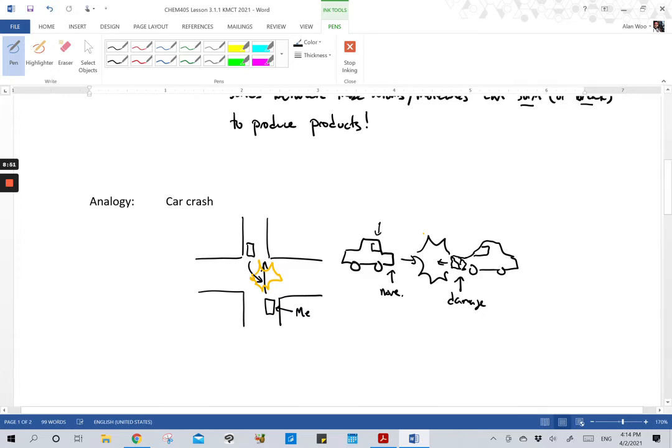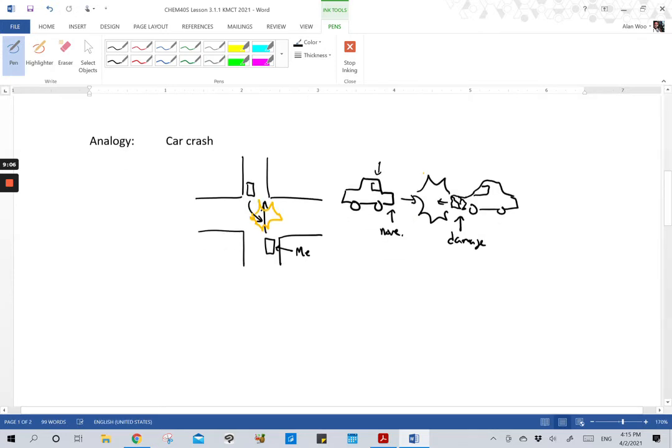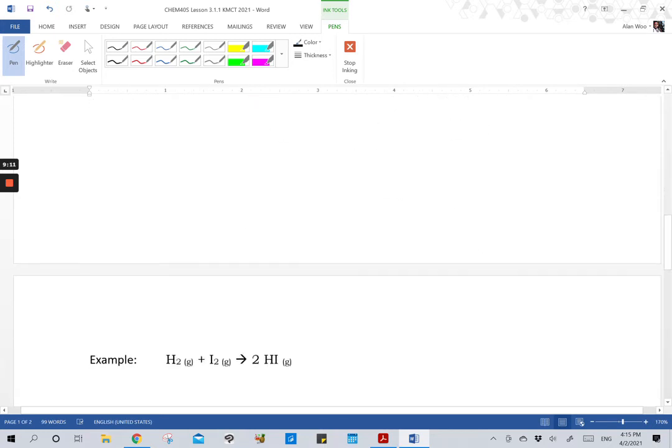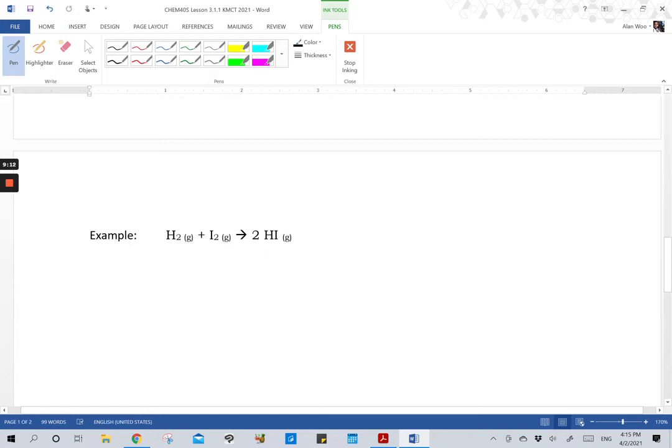But depending on the angle of the collision, and how fast both vehicles were moving, I ended up with more significant damage, and he ended up with nothing. So effective collisions make all the difference. If we take a look at an actual example with molecules now, we'll translate how these effective collisions can either make or break